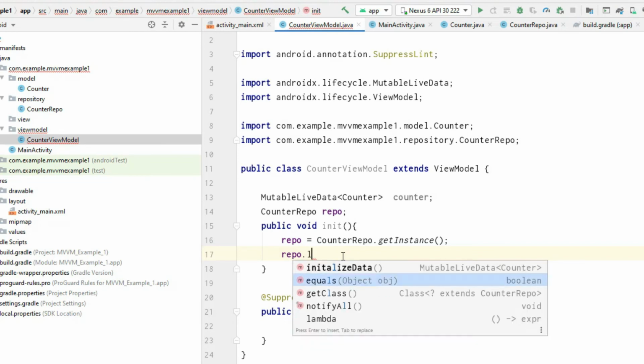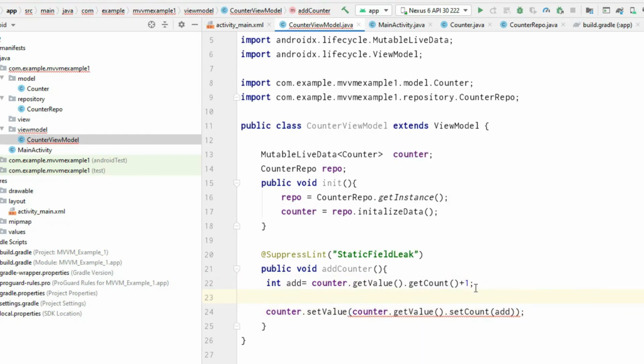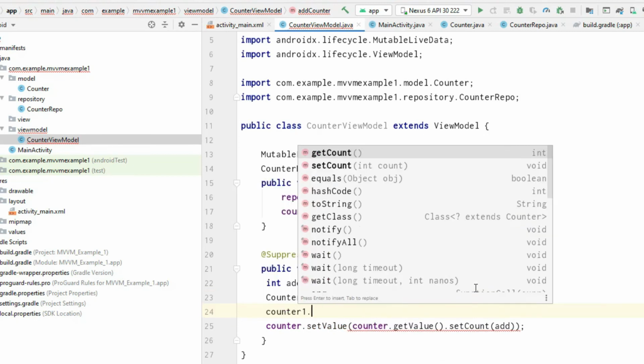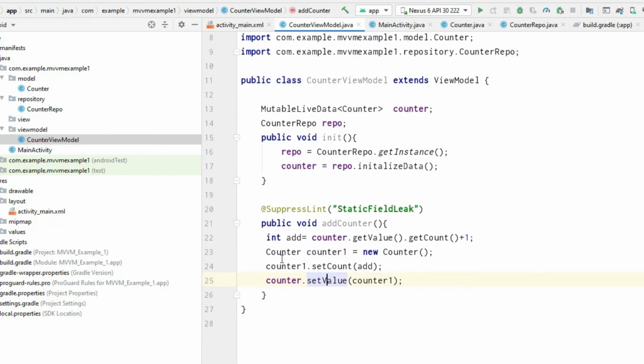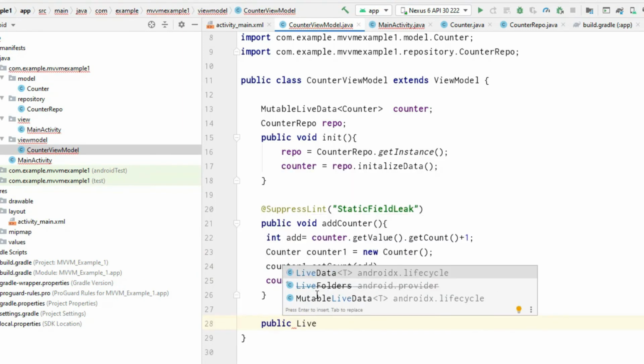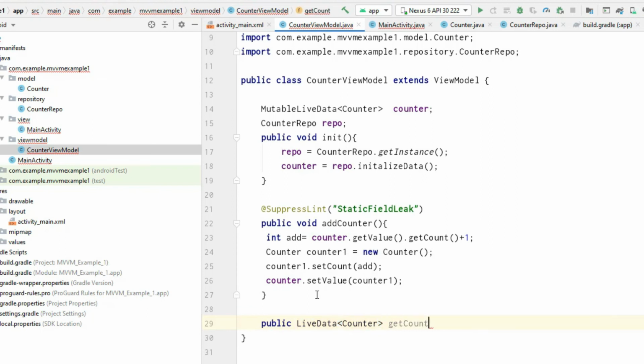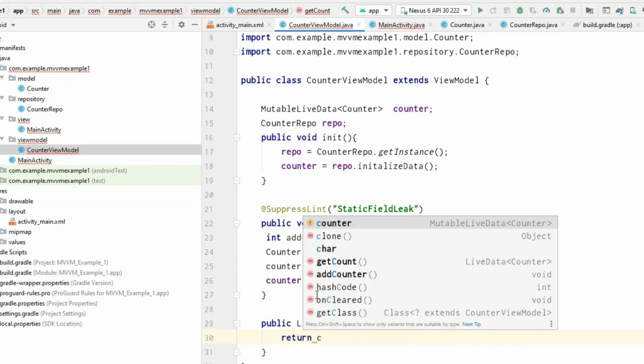Then we will create a simple addCounter method, which will increase the value of the counter by 1. Now let's create a method for observing the LiveData of the counter, called getCount. It will simply return the value of the counter.